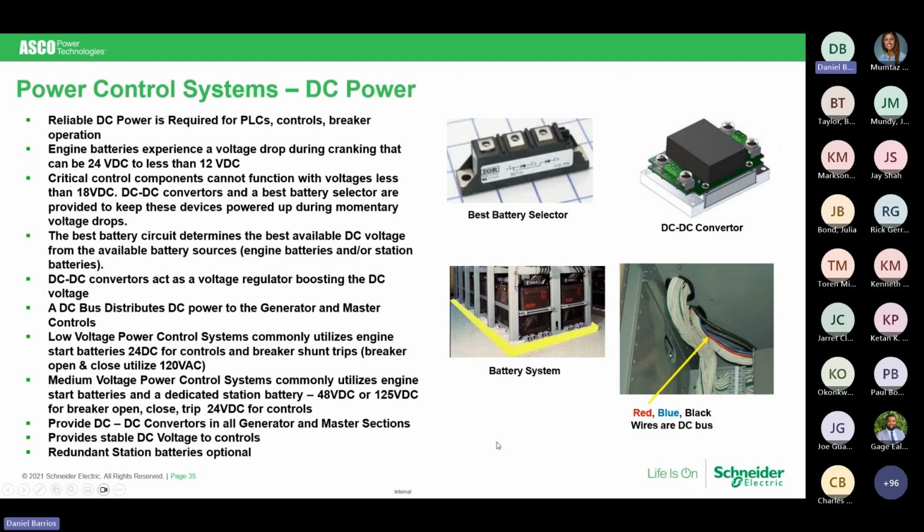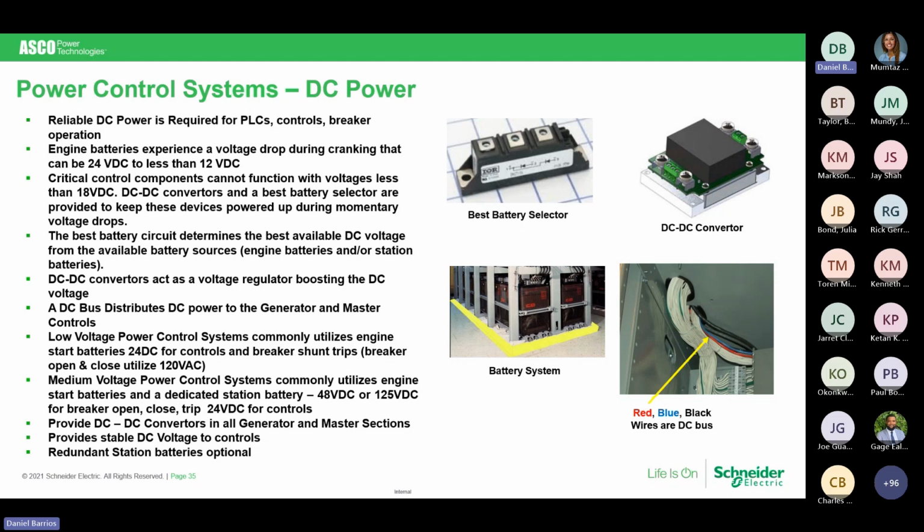One of the other things that ASCO provides to you is a DC power system. For low voltage 600 volt gear, we are going to utilize the batteries off of each of your starting generators. We're then going to bring those into a DC bus that runs between all of the sections, and in our case we provide to you a best battery selector and a DC to DC converter that is there to make sure you have enough DC voltage that you keep all of your PLCs, all of your protective relays up